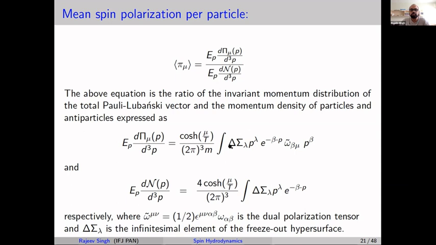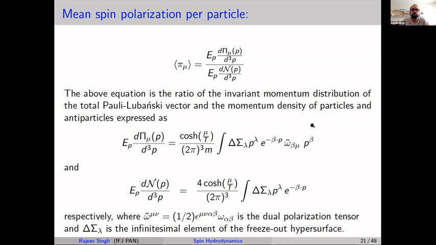What is a freeze-out hypersurface? This is a stage in the QGP evolution at which the strongly interacting system makes the transition to a weakly interacting system, and the particles do not interact, and they just form the stable particles. So this is the stage after which the particles do not interact. This whole volume is called the freeze-out hypersurface. We have to calculate this for a specific setup, and then we can calculate this integration.